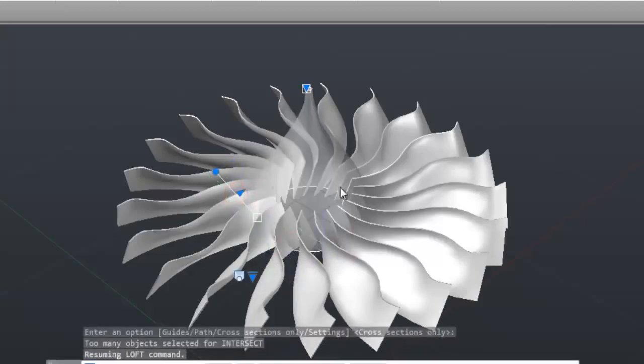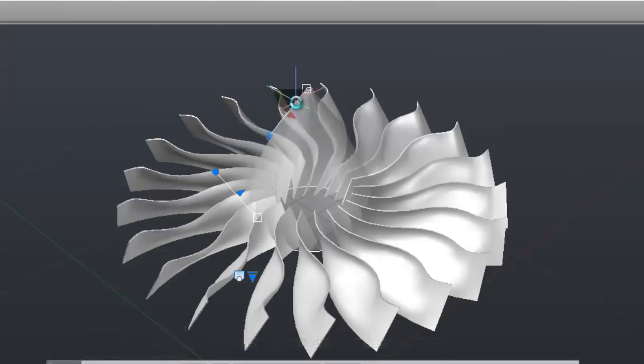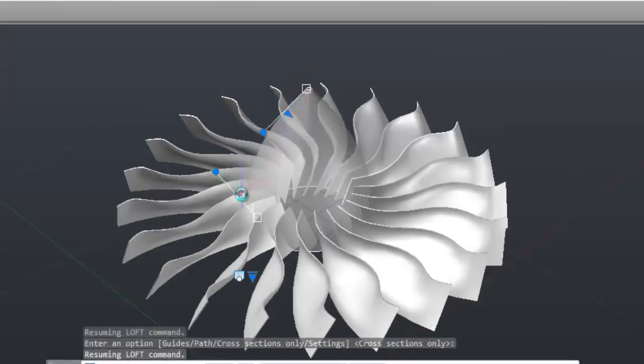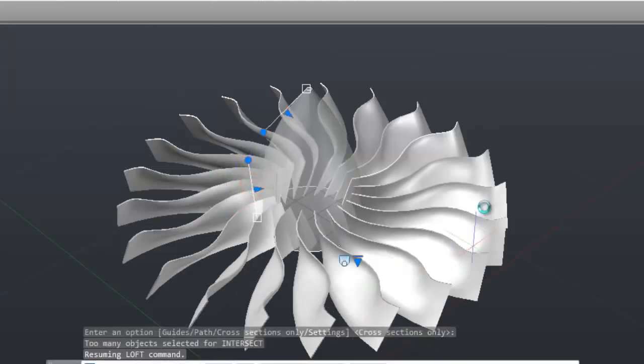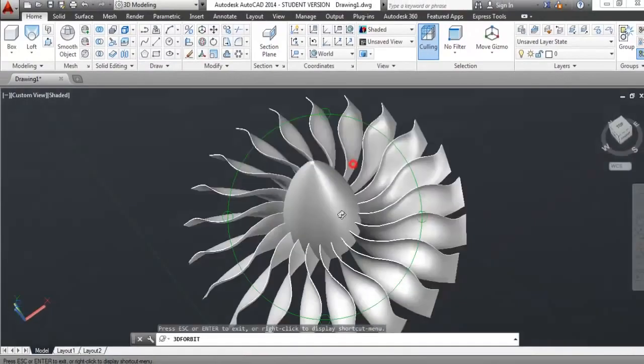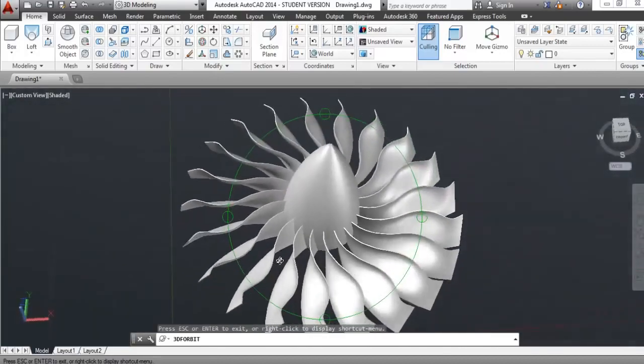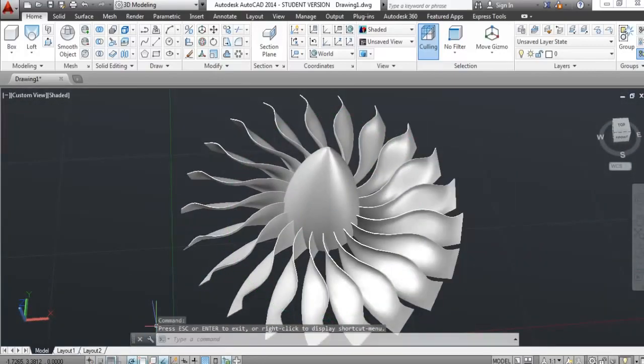Okay, this seems okay. Now click on this grip again and manipulate it to give it the perfect shape which we desire. So this shape seems okay and we are done. Let's manipulate it a little. Okay, now press enter again and here we have our solid geometry. So here you have learned how manipulation can be used with the loft tool. This is important. Make sure you use it intelligently to convert the shape into this organic shape.